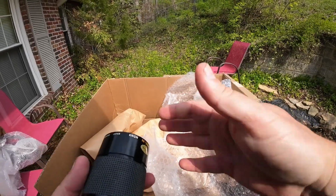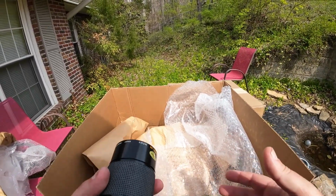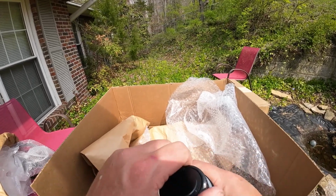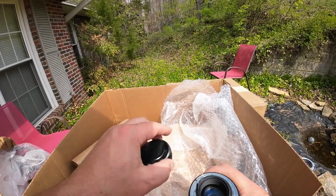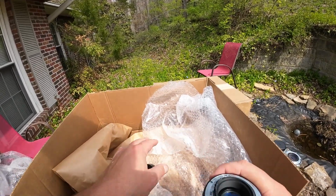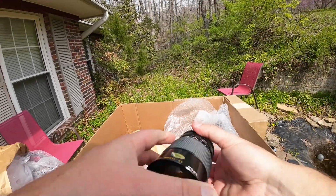So if you're wanting to buy some cheap lenses to adapt, I would recommend a Minolta mount, because you can find some really good glass there. They tend to be the cheapest of the lenses. The Pentax mount here has an Asahi cap, so that's kind of cool. Aperture working,